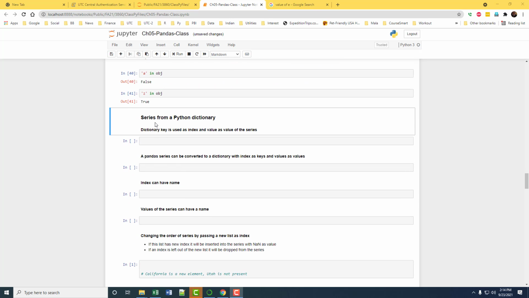Okay, now how to convert other objects in pandas, in Python, into a series. If you have a Python dictionary, you can convert that into a series, where the keys will be used as the index and the corresponding values will be used as the values of the series. So let's set up a